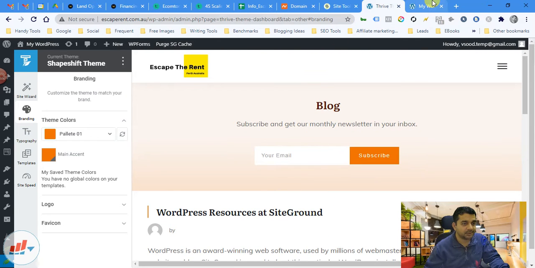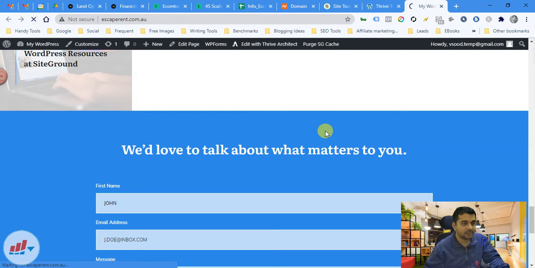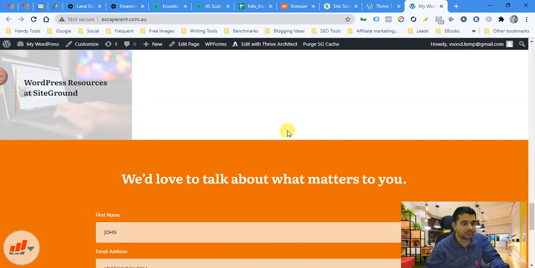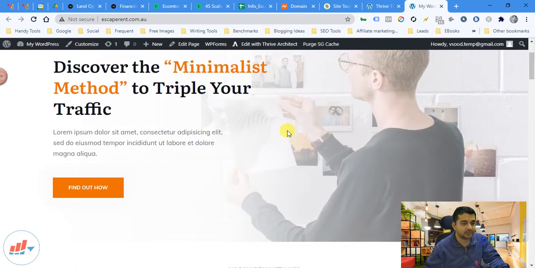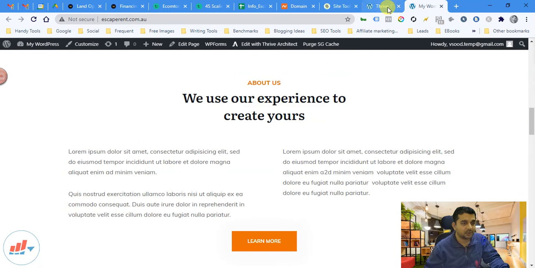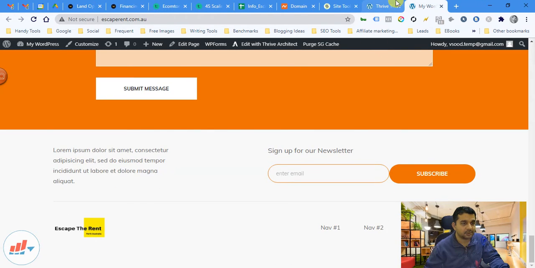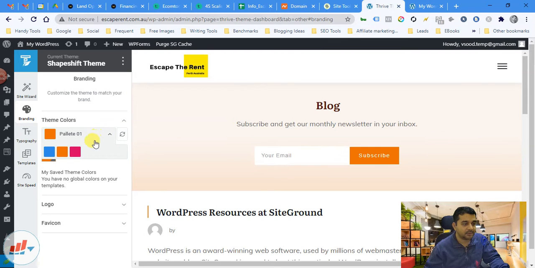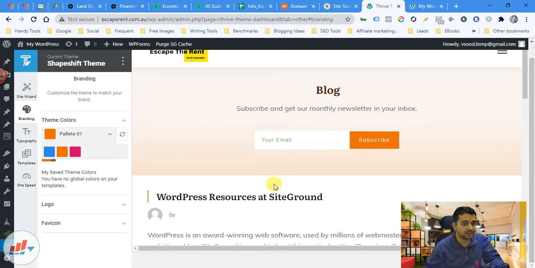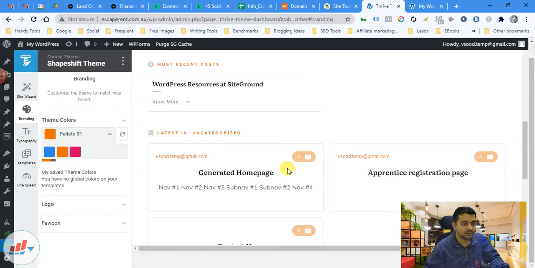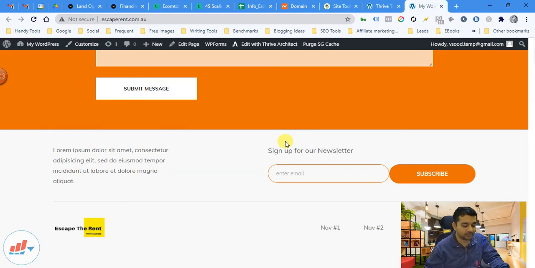For example, if we change the colors, how will the site look? This is how the site will look if we make it orange. And similarly, if we want to change any other palette, we can always change it. So this is the basic advantage of getting a particular page builder.